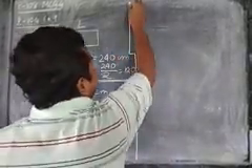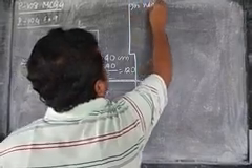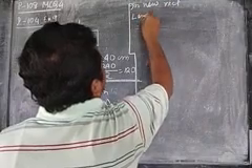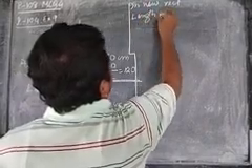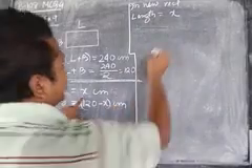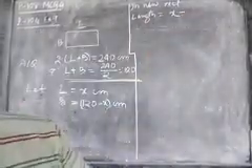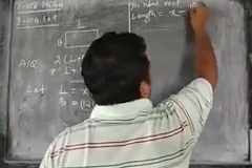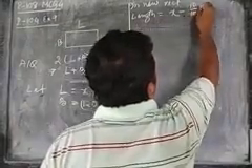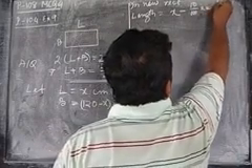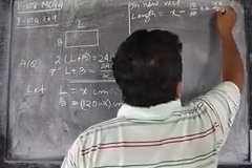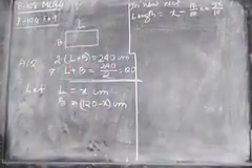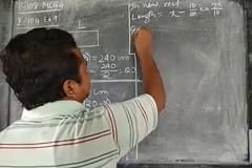length is this x decreased by 10%, that is x minus 10% of x. So it will give you 9x by 10. This is the new length of the new rectangle.